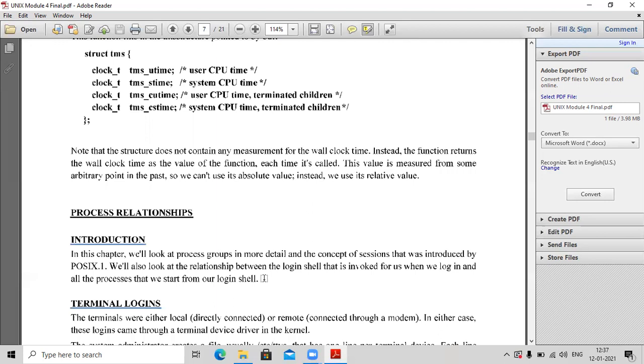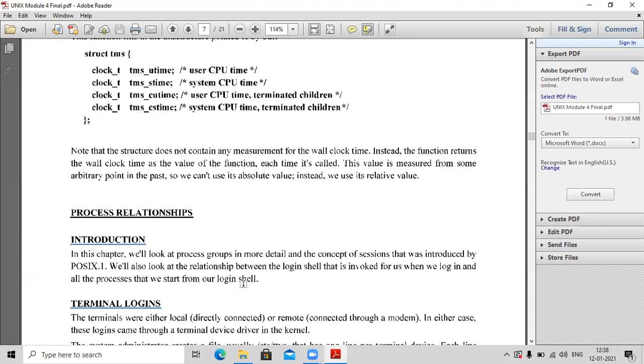We will also look at the relationship between the login shell. What is a shell? It is a command interpreter. Your interaction with the Unix operating system takes place through commands. There are different types of shell. A shell should be kept running when you log on to your Unix operating system. We can also establish a relationship between the login shell that is invoked for us when we log in and all the processes that we start from our login shell.